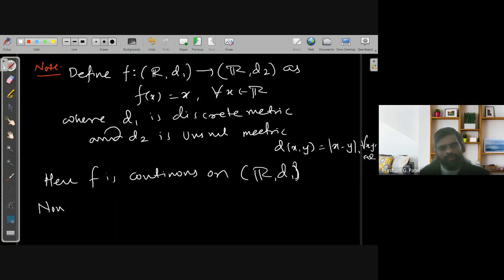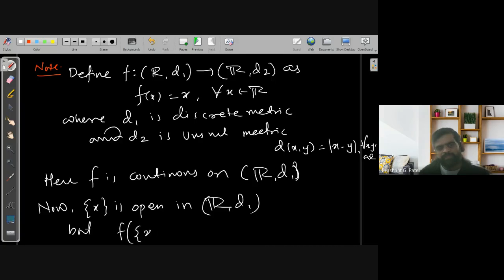Now we know that the singleton set {x} is open in R comma D1, but its image, that is F of the singleton set {x}, the map is F of x is equal to x, so the image of this singleton set {x} will be a singleton set {x}, which is not open in